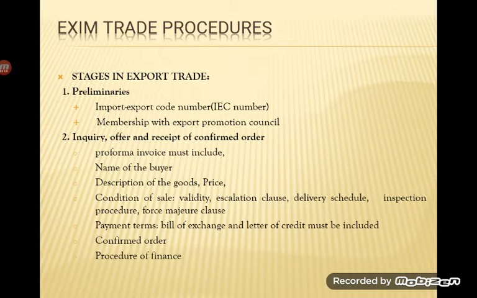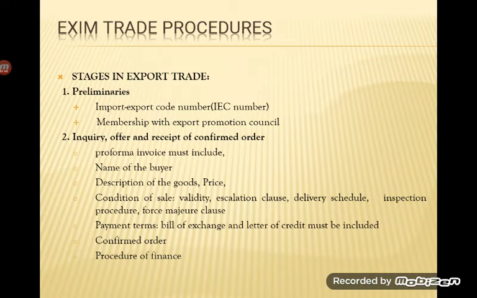Basically, if any individual would like to become an exim trader, it is very essential that they obtain an IEC number, which is nothing but import and export code number. Import and export code number can be obtained from regional licensing authorities unless it is exempted by DGFT. The number mentioned in the document, which is very essential, acts as a permission for them to enter into exim trade. So registration is also very important.